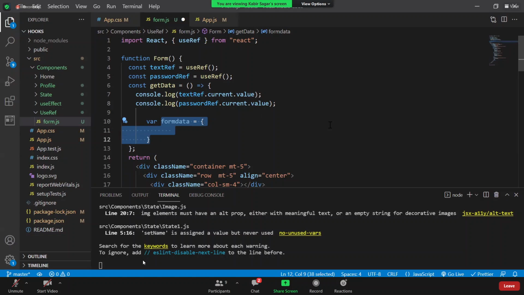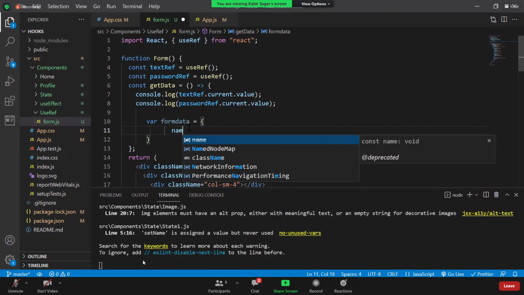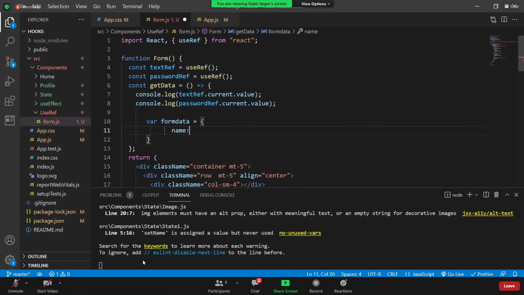Then the server will receive this object and extract the data. Whenever they are extracting the data, our keys and their keys should be the same. So that's why keys will always be given by the server-side people only. They will say for name, you use the key name, so we have to use name only. And value is nothing but this one.